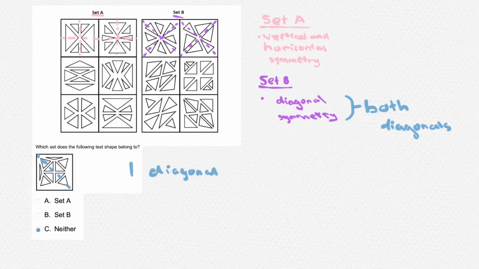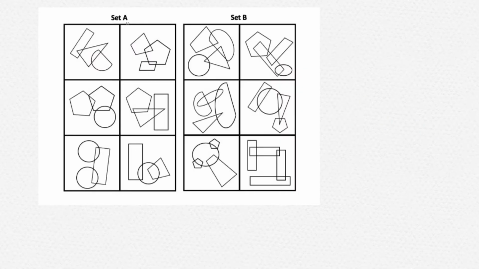Now let's try a different question with a different approach. Now, pause the video and try finding the rules of this set by yourself. So in set A, let's count the number of shapes first. 1, 2, and 3. So in set A, the first square has 3 shapes. Now, looking at the shapes, we can see that they each intersect. So let's count how many times they intersect. 1 and 2. Now, let's write down that it has 2